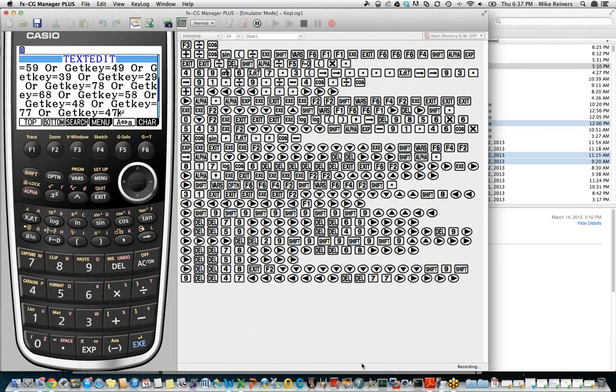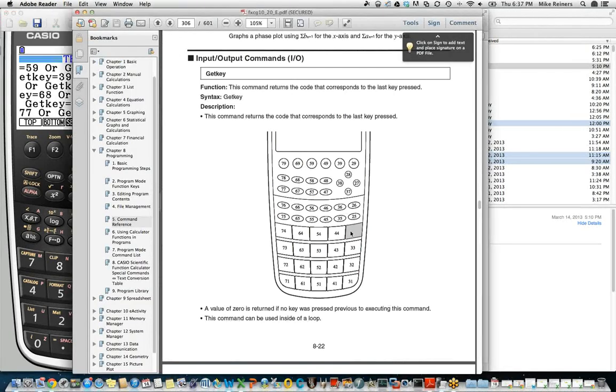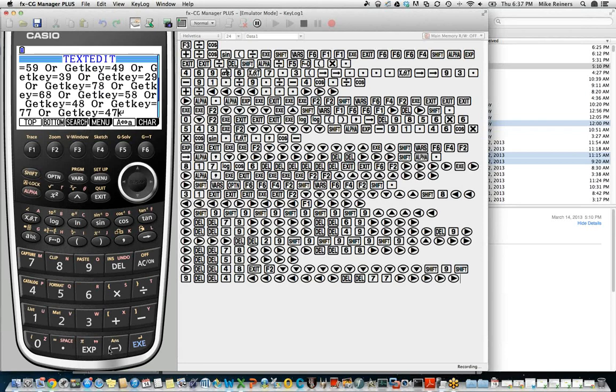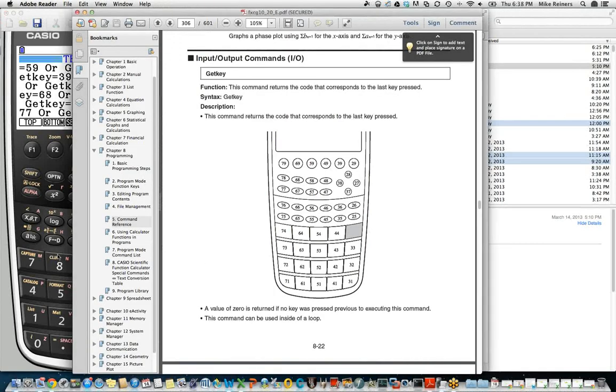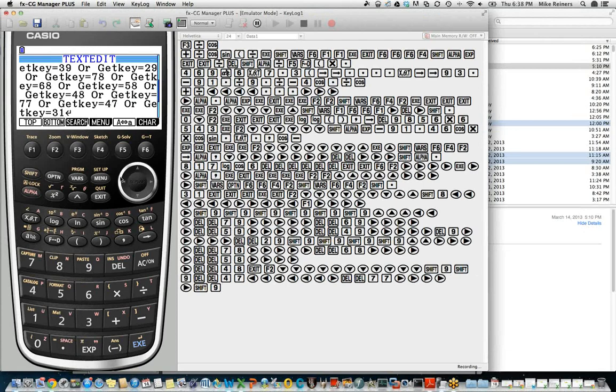When this key is pressed, if you look at your get key diagram, you don't even have a number for this because pressing AC on breaks out of your program. You can't stop the user from breaking out of your program. That would be bad form. So the only other key we need to exclude is this negative sign key down at the bottom right-hand corner. And on our list, we can see that that's key 41. So we'll do one more paste, and we'll exclude key 41. And if you decide later that there's other keys that you want to exclude for different reasons, suppose you wanted to exclude these two keys up here, you can just add to this list.